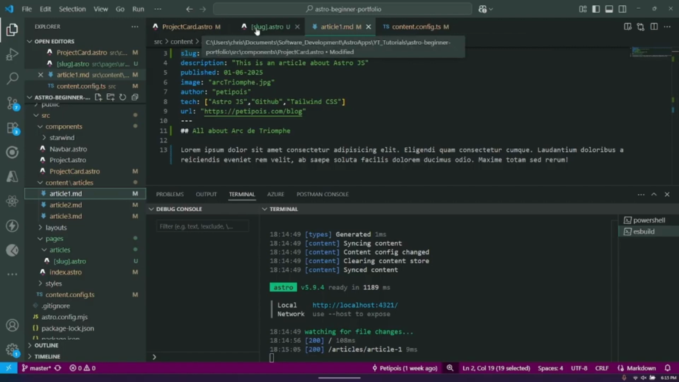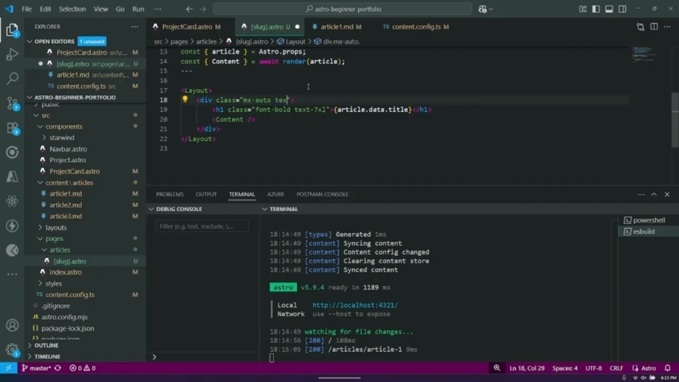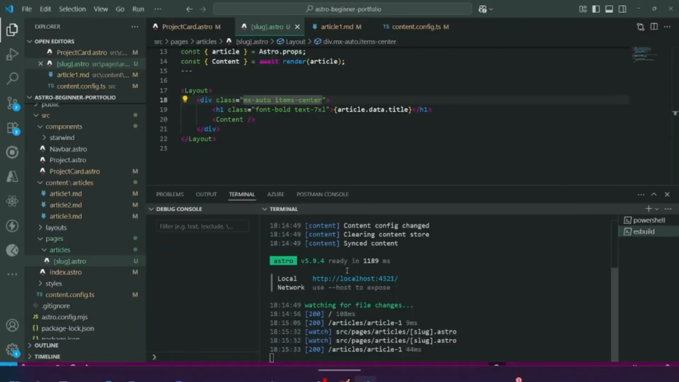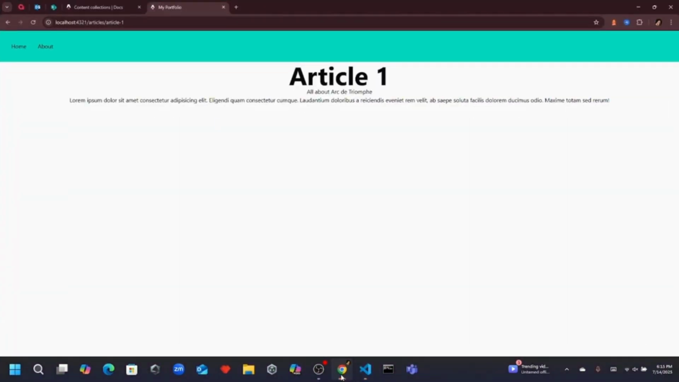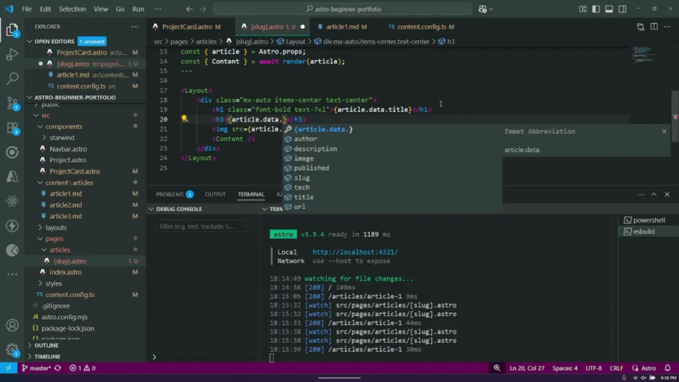Now, obviously, we could make this even more interesting by, you could say, text item center. And I believe that will, no, text center. Or maybe that's on, yeah, there we go. So we can center everything there. And we can even add in the image. Like before, we can say article.data dot, and we can add the image. We can add a h3 with the article.data dot, and then we can say